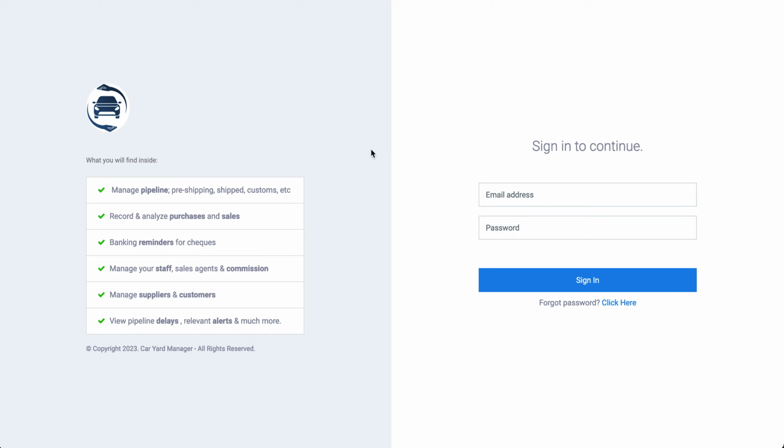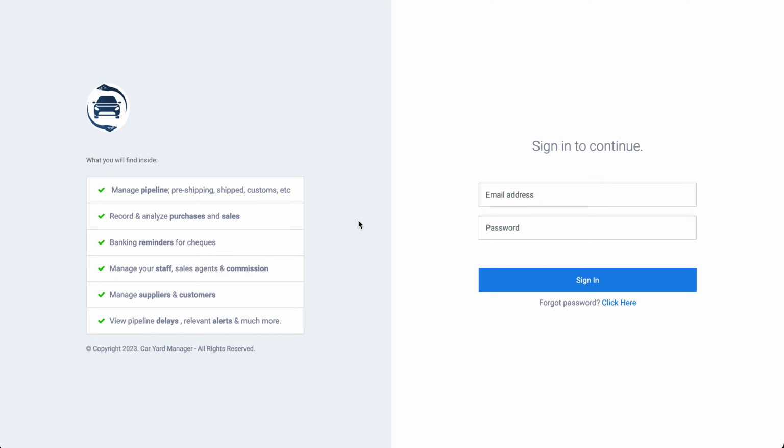Welcome to Kayad Manager. It's a system for managing your car selling business. It helps with record keeping, stuff like invoicing, monitoring where the vehicles are, maybe because you import from overseas, so they go through pre-shipping, they would go through customs, maybe to the yard. And if you don't import, for instance, then it would just be probably at the yard until you sell it